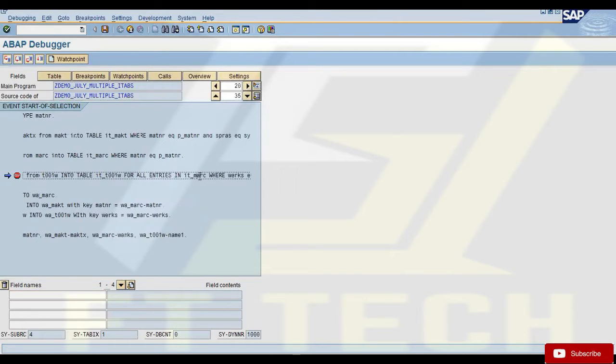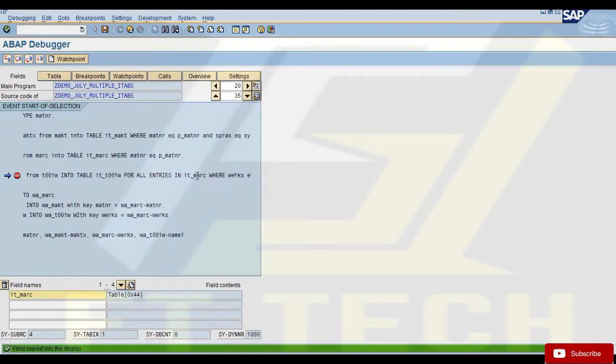It will scan this IT_MARC table for this werks field, whatever field I'm comparing in my where condition, and for all those werks, it will get me the matching records from your other table, T001W. So that's how the system behaves.